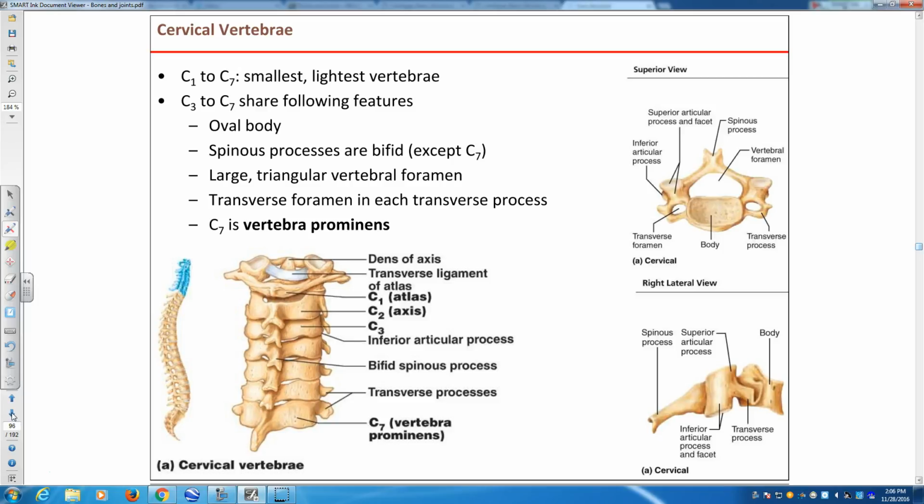Now, three groups of vertebrae: cervical, thoracic, and lumbar. They have several features that allow you to distinguish them very easily. Cervical are the lightest. Okay? Most of them, but not all, have fairly